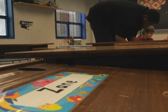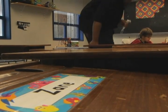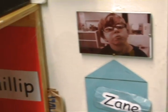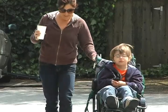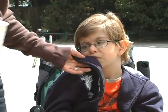Zane is Zane Robinson, and he's 9 years old, and he has Emmanuel syndrome. When Zane was born, there wasn't a name for it. It was just called unbalanced translocation 1122, which means an extra chromosome. So it's similar to other trisomies like Down syndrome, but it's actually a little bit more involved even, I think, than Down syndrome. Well, Zane also has something because of his syndrome called hypotonia, which is a neurological disorder, meaning